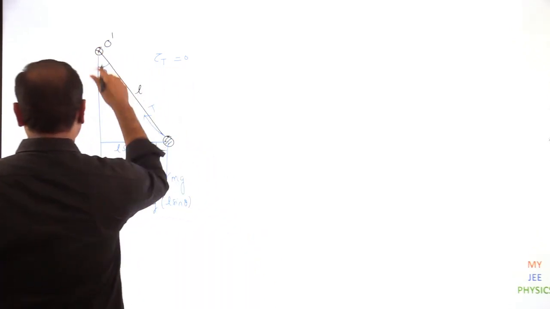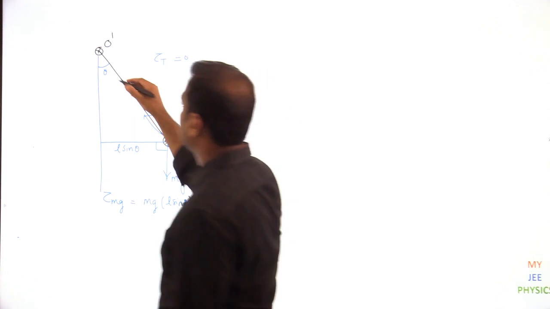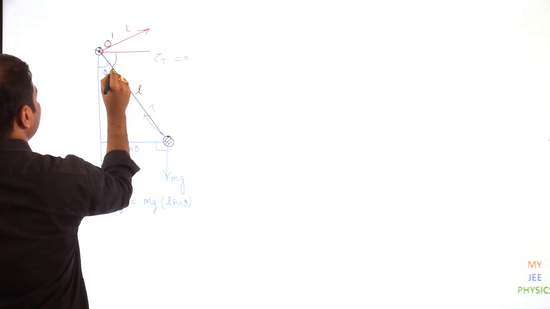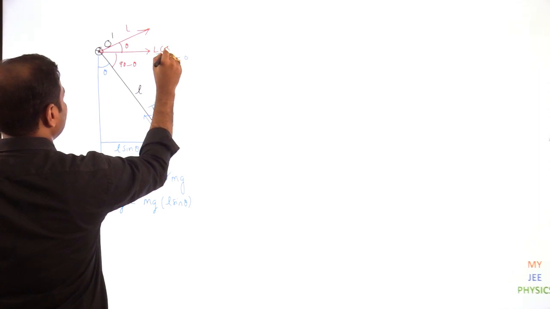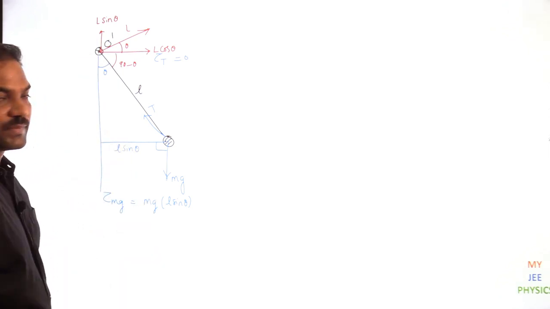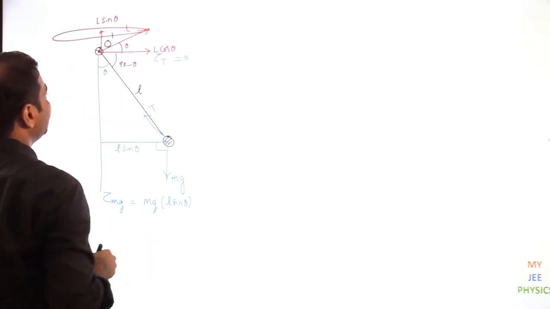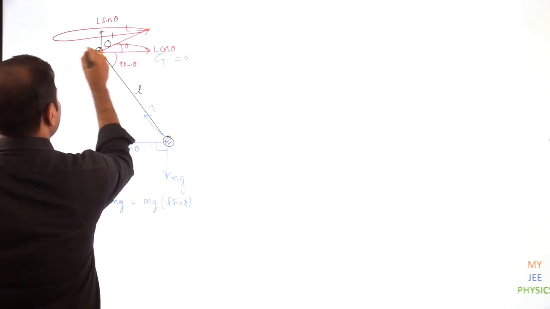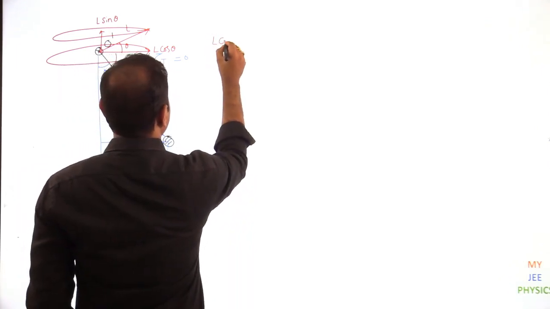So if I take the angular momentum vector over here, it is something like this. This is L. Am I right? Now if I make a horizontal, this angle will be 90 minus theta and this angle will be theta. Then I get L cos theta as one component. What is the other component? L sin theta. As the L bar is revolving, which component will revolve? L sin theta remains the same, but L cos theta will revolve. So effectively L cos theta direction is changing.